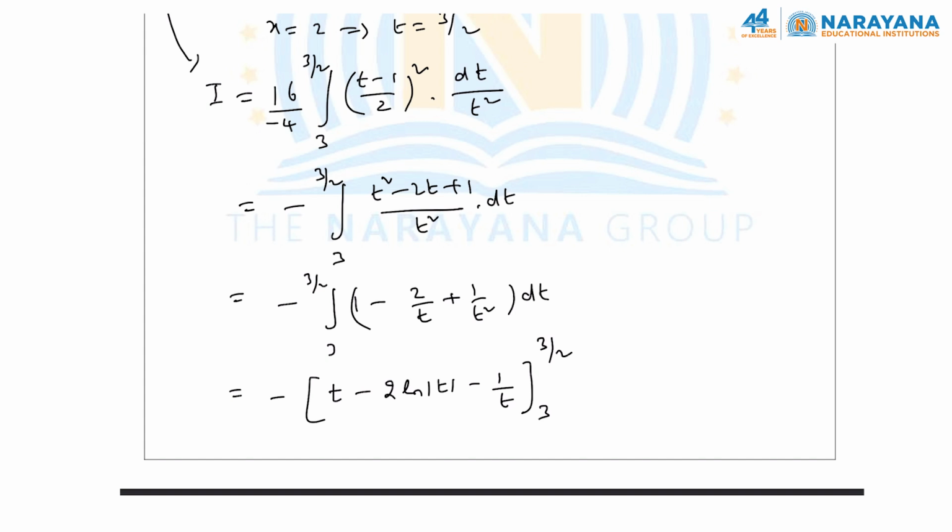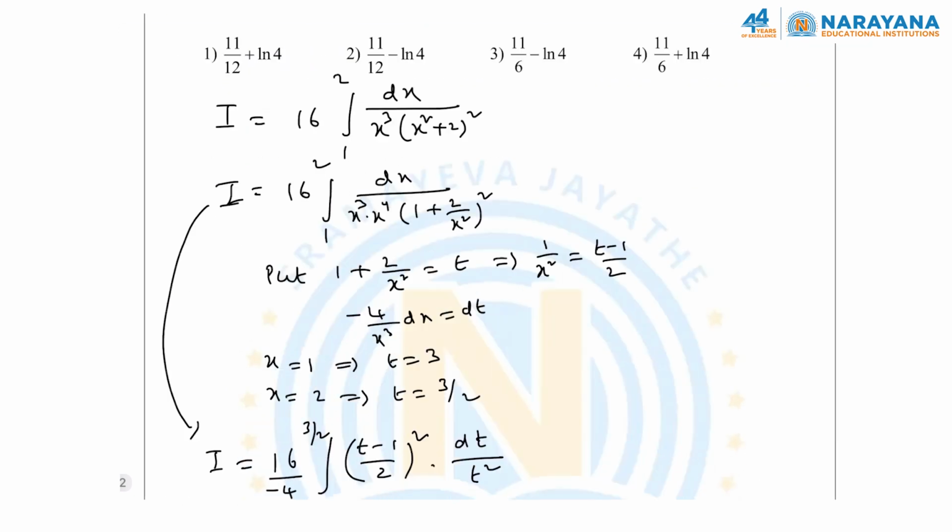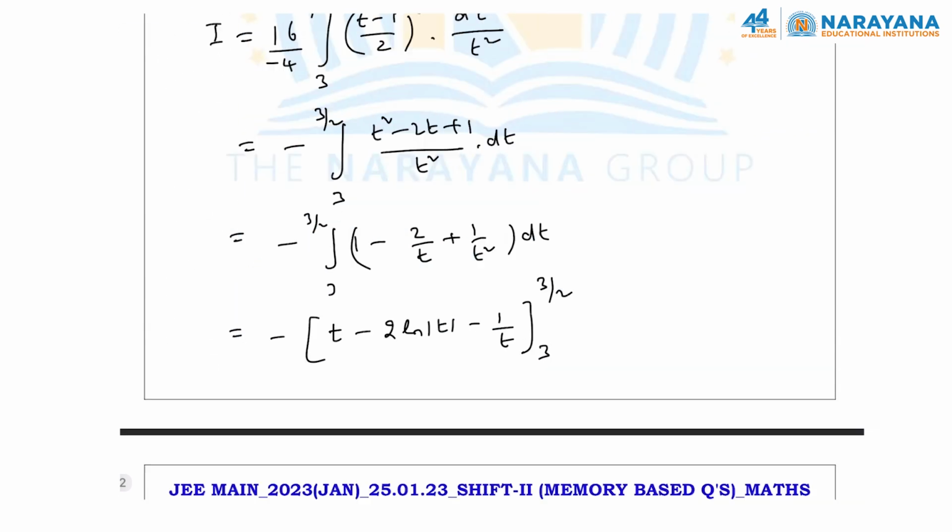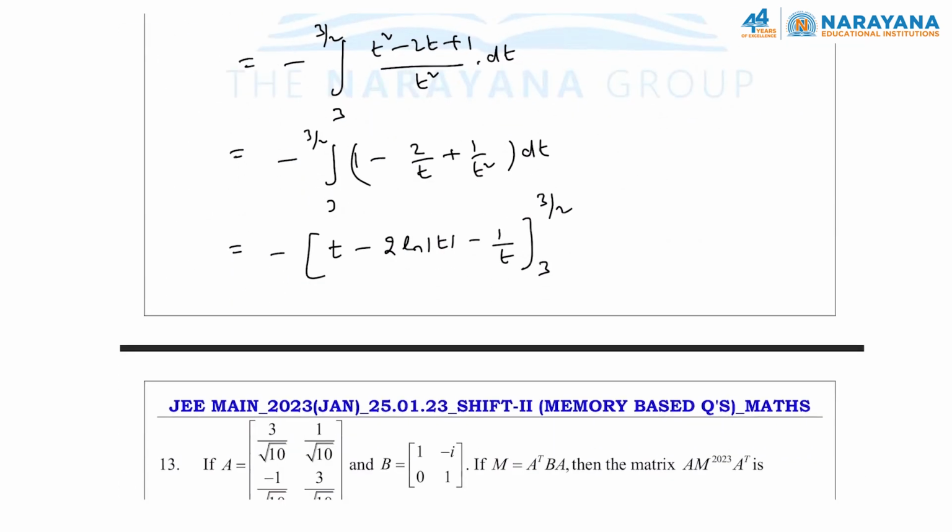Now if I substitute those values, you will get 11 by 6 minus ln 4. We can substitute these values like 3 by 2 minus 2 times ln 3 by 2 minus 2 by 3